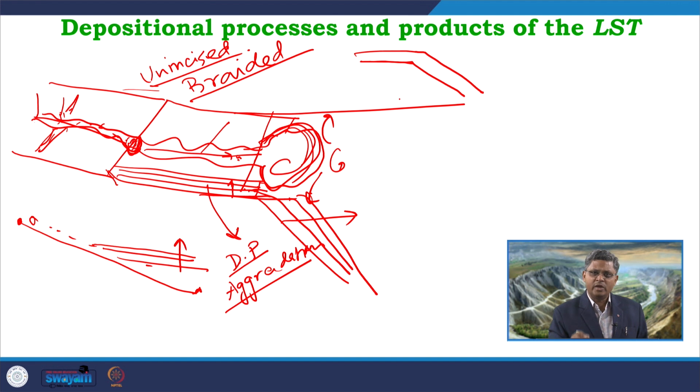In that way, we get the shelf edge delta forming over here at the shelf edge, and that will grow. So, what is the difference between this shelf edge delta and the earlier shelf edge delta that we discussed in our class on FSST? In that case, the aggradation part, the formation of the delta topset, was absent. Now, there will be a very well developed delta topset, a very well developed delta plain, and the fluvial system will gradually onlap, gradually move back from here on. From this point onward, it will try to move back in this direction.